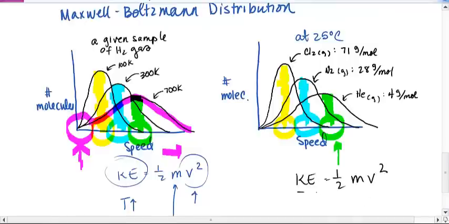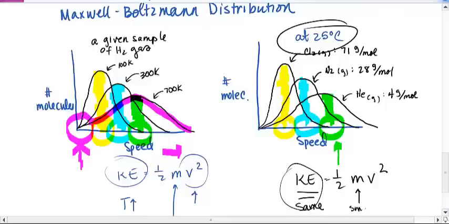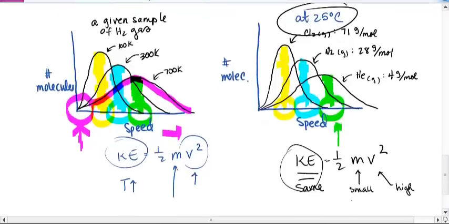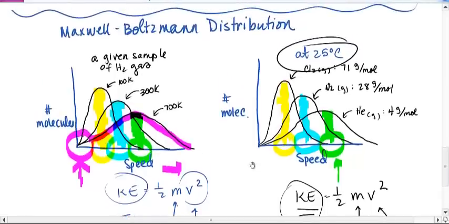now the kinetic energy stays the same for all of them because the temperature is at 25 degrees. But here, the mass changes. And if you have the same kinetic energy but a small mass, you're going to have a high velocity or a high speed. If you have a large mass, like the case of chlorine, you're going to have a smaller speed. And so this Maxwell-Boltzmann distribution is a way to show once again and really illustrates how here we still